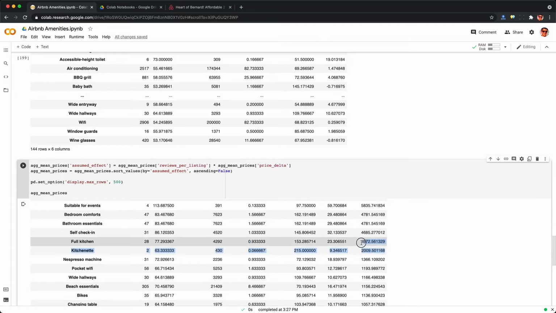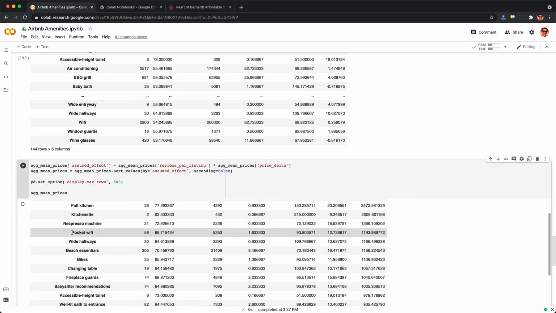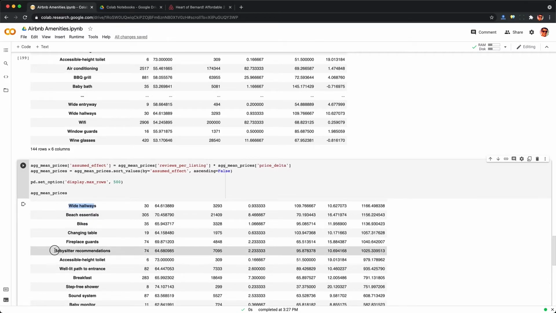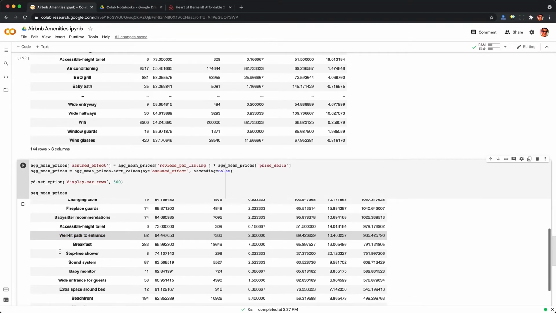That's low-hanging fruit and will drive up your sales, as well as having a full kitchen or just a kitchenette. An espresso machine is really high on the list too and should drive sales, as well as pocket Wi-Fi if you're out in the woods. Wide hallways helps. Having bikes is a pretty easy thing to have. Even providing something simple but thoughtful like babysitter recommendations appears to have a significant impact on price and number of